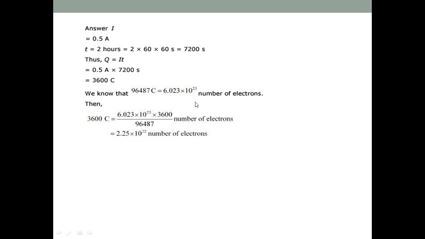This is a class 10 type of question. As we know, 96500 coulomb corresponds to 6.022 into 10 to the power 23 electrons, that is 1 mole of electrons. So 1 Faraday is the charge that belongs to 1 mole of electrons, and 1 mole of electrons contains 6.022 into 10 to the power 23 electrons. So basically we get the number of electrons.